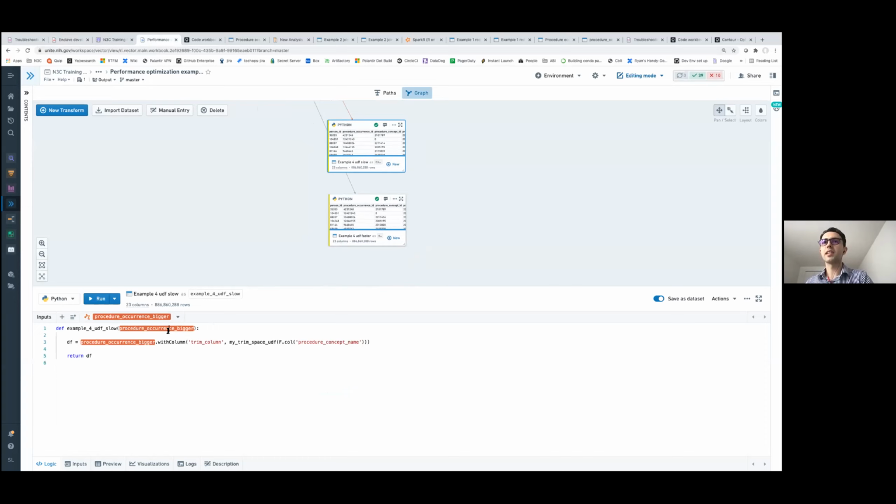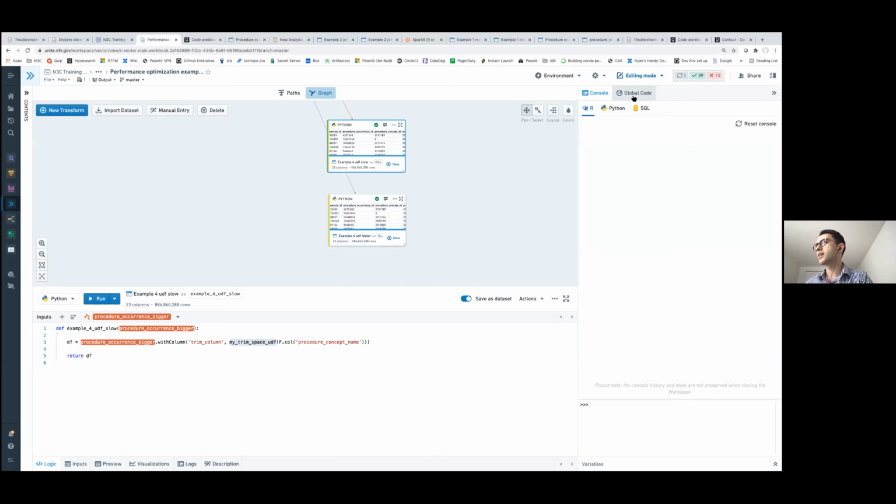It's taking the procedure occurrence data set, and we're taking the procedure concept name column and trimming the white space. I've defined this UDF here in my global code on the right-hand side of my code workbook. So this is my user-defined function. I'm telling my code to, for each row, replace an empty space with no space.